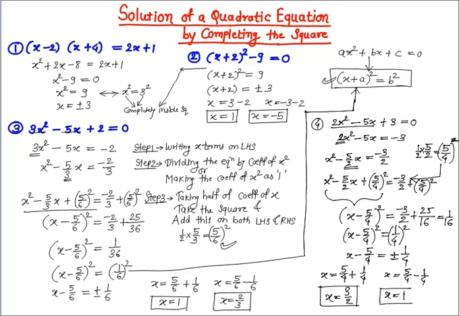So these are the roots we got for the given quadratic equation by using the completing the square method. So we simply have to follow these 3 steps, step 1, step 2 and step 3, to find the roots of the quadratic equation.